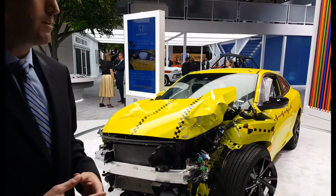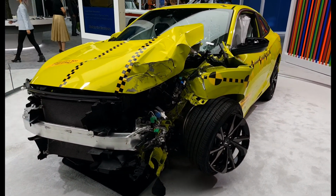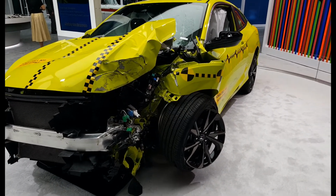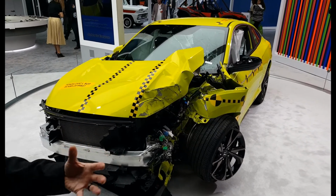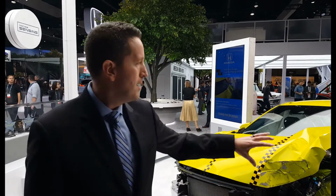This particular vehicle was tested in a small left side overlap test that is part of the IIHS Top Safety Pick program. It received a good rating. And as you can see, our front body structure, our ACE body structure, performed very well. It was able to take the impact and dissipate that energy out and away from the occupant space and really